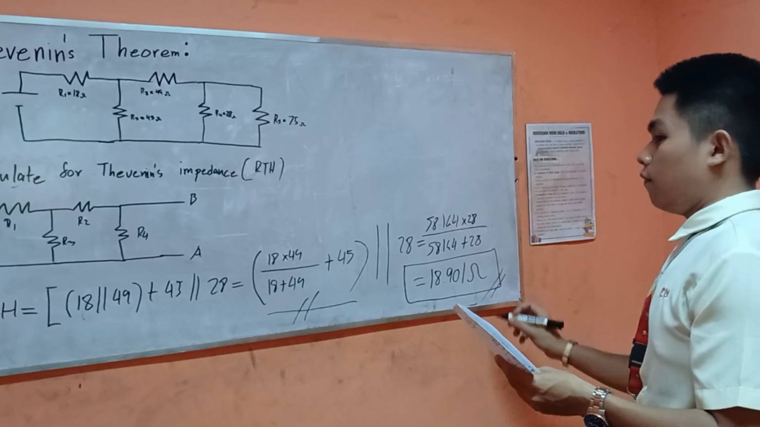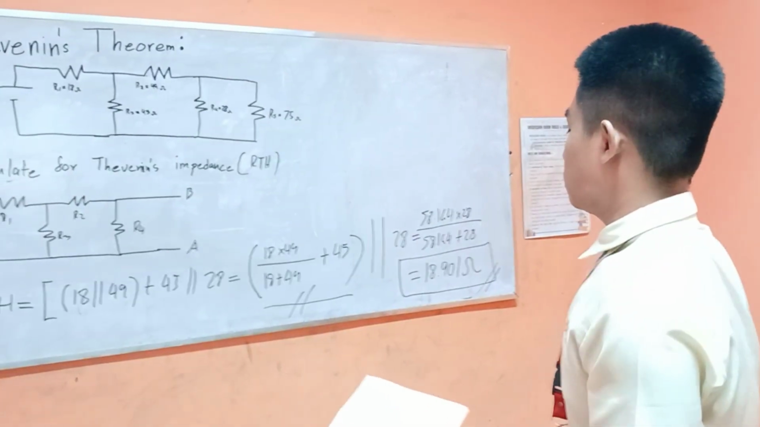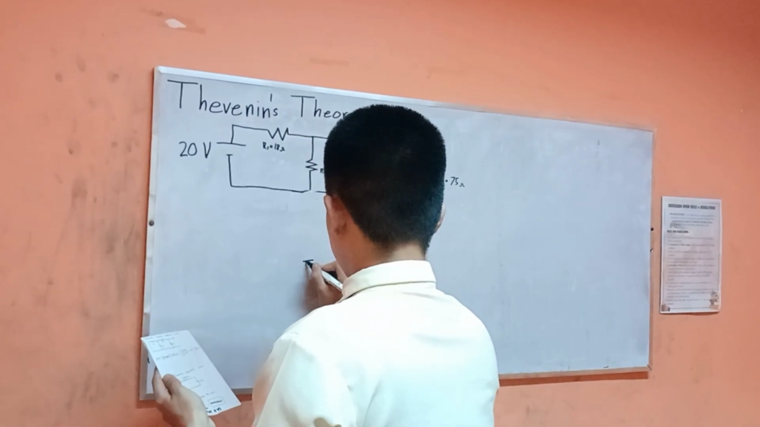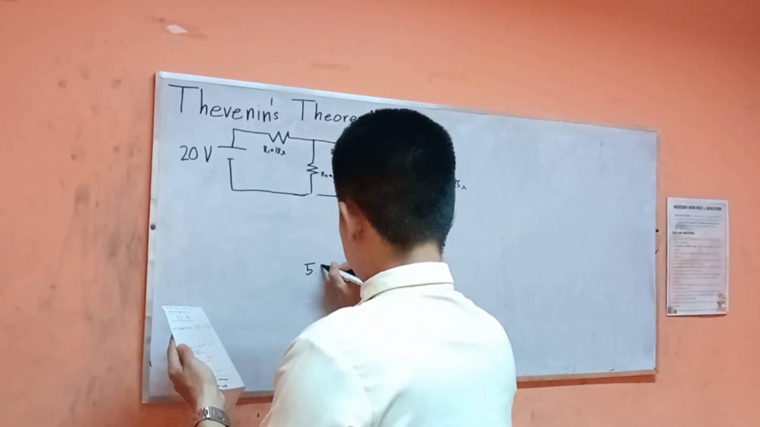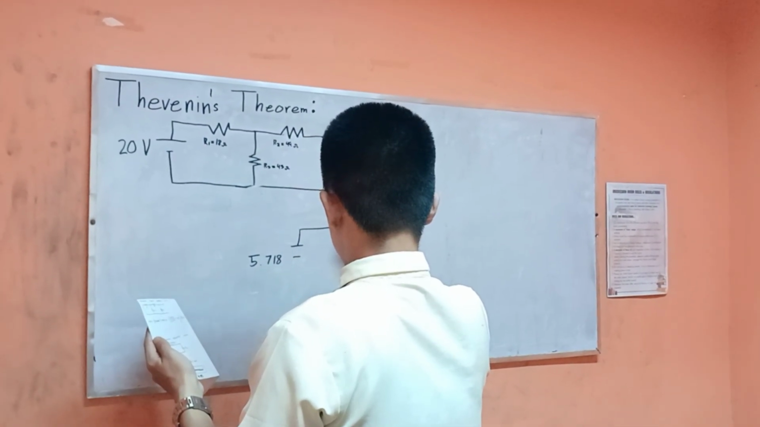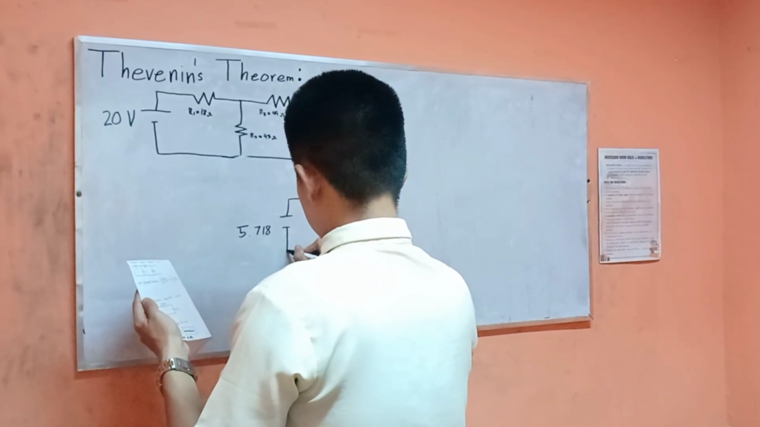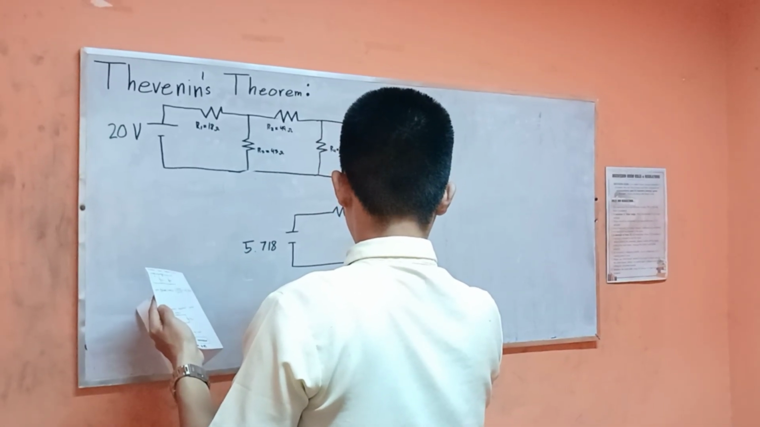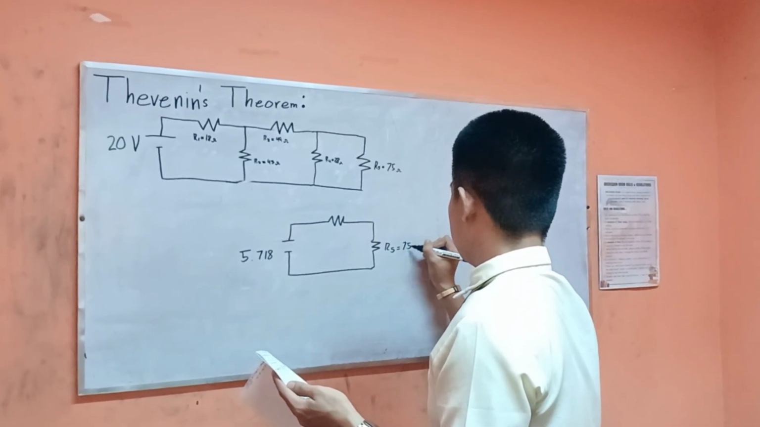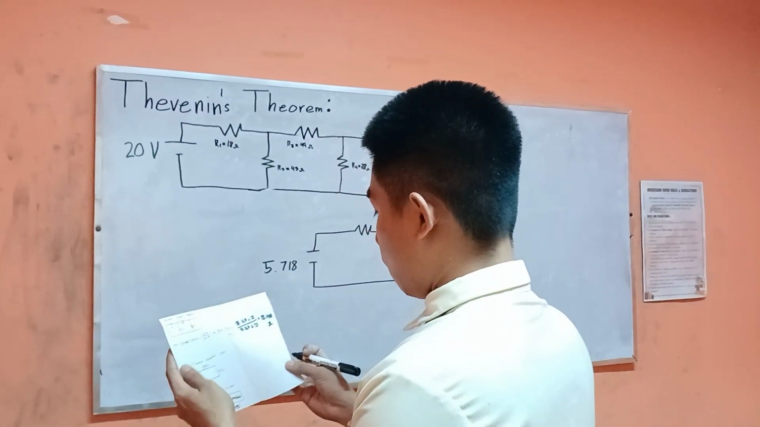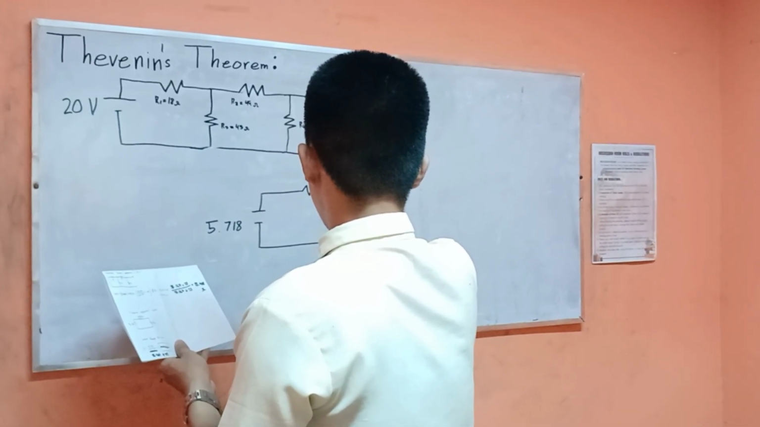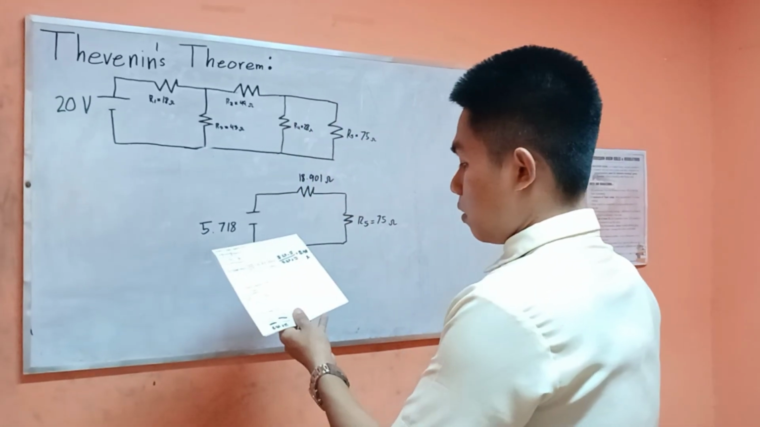This is the total for Thevenin's theorem, or RTH. Here is the diagram of Thevenin's equivalent circuit. Now the voltage is 5.718. This is the Thevenin voltage. This is a resistor, this is the R5, the final process of Thevenin's theorem, and the RTH above here is 18.901 ohms. To calculate the current load,